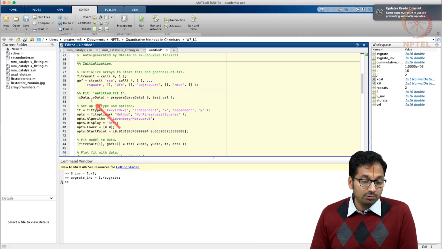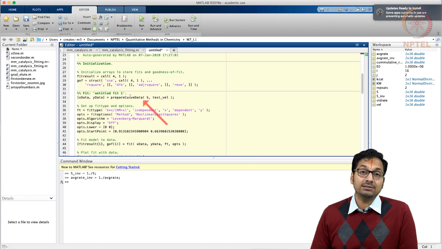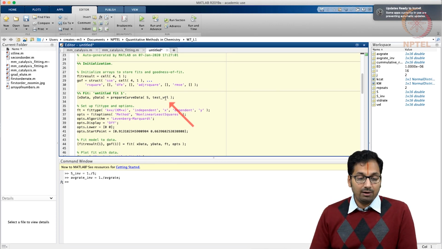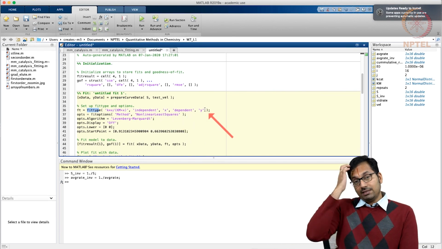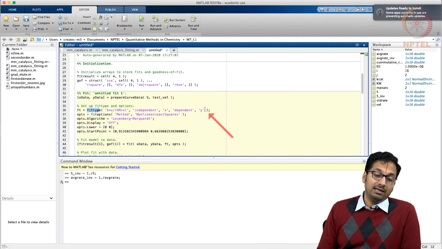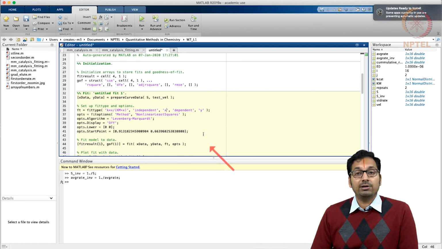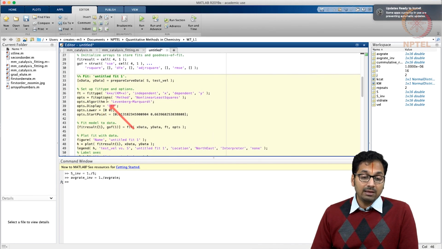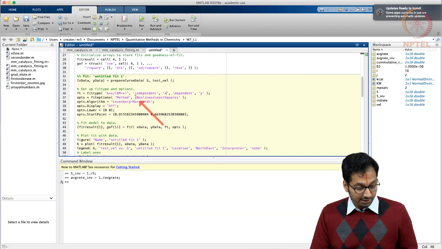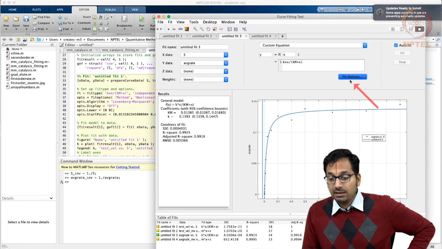If you remember, what did we do? We took x data as the substrate concentration and y data as the test underscore velocity, which we ended up simulating. And we fitted this equation with the fit type of k star x divided by km plus x, where the independent variable is x and the dependent variable is y. This is where I said if you would like to use the independent variable as capital S, you can do the same thing. You can remove the x here and make it capital S, where you determine what this x is. And the algorithm that is used and the fit options that one ends up using can also be mentioned here. And if you realize, all these were present in the fit options here.